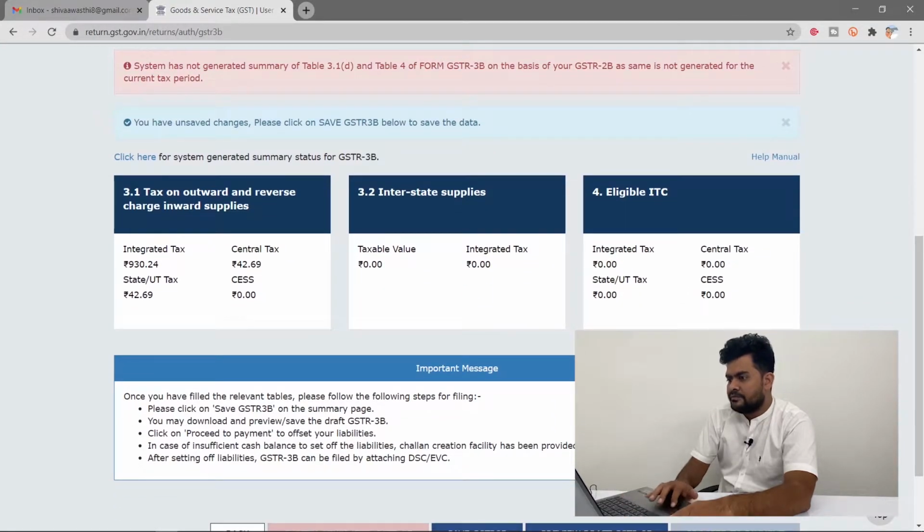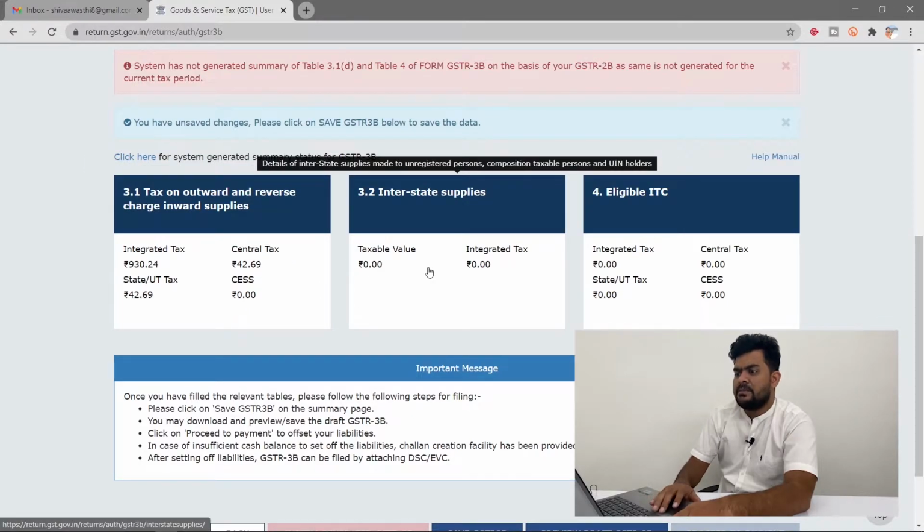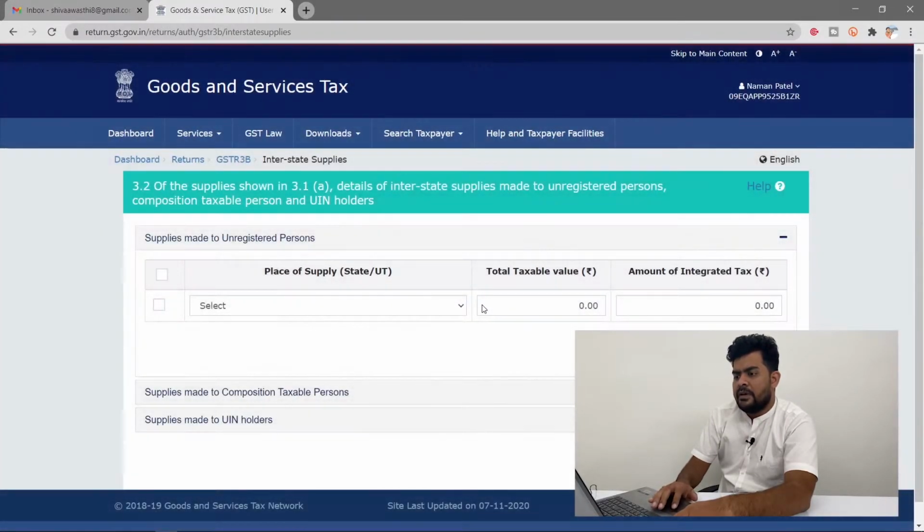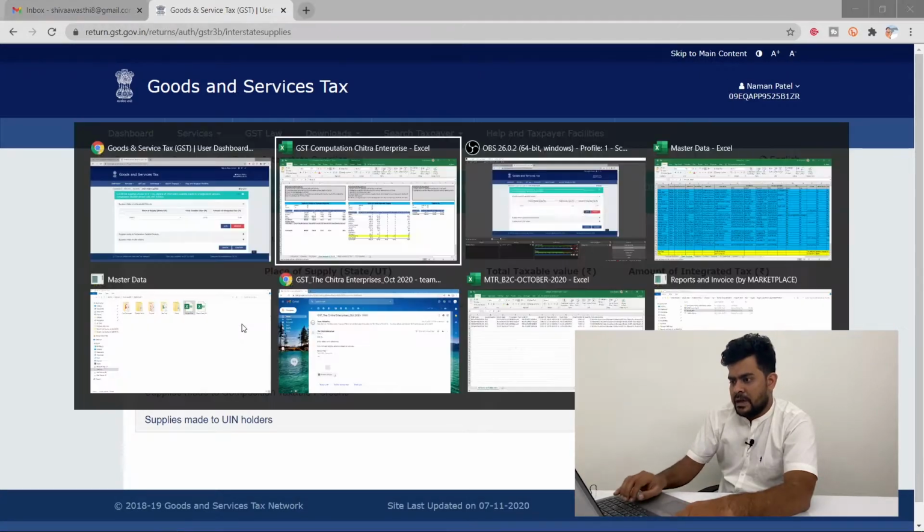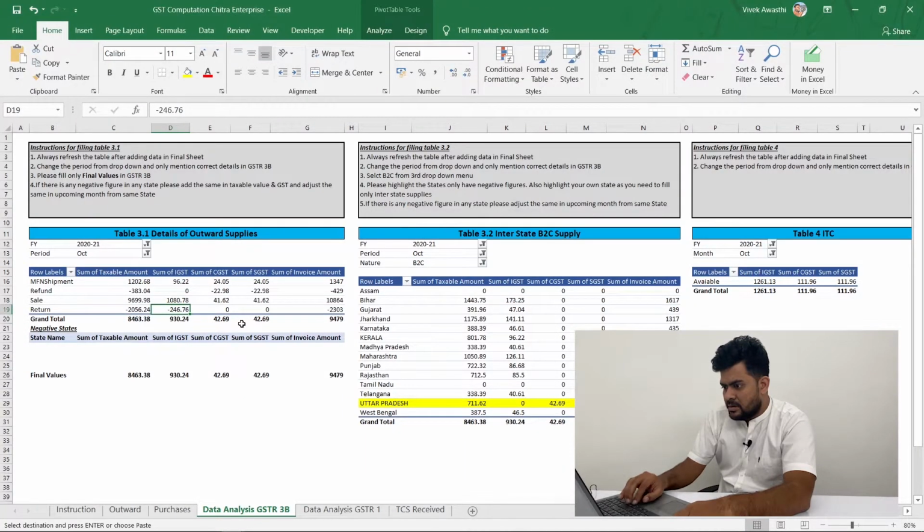Then we have to click on interstate supply. If we made any interstate supply to unregistered customers under the interstate scheme, then we have to fill this table. So we have some data for this, you can see on the screen.